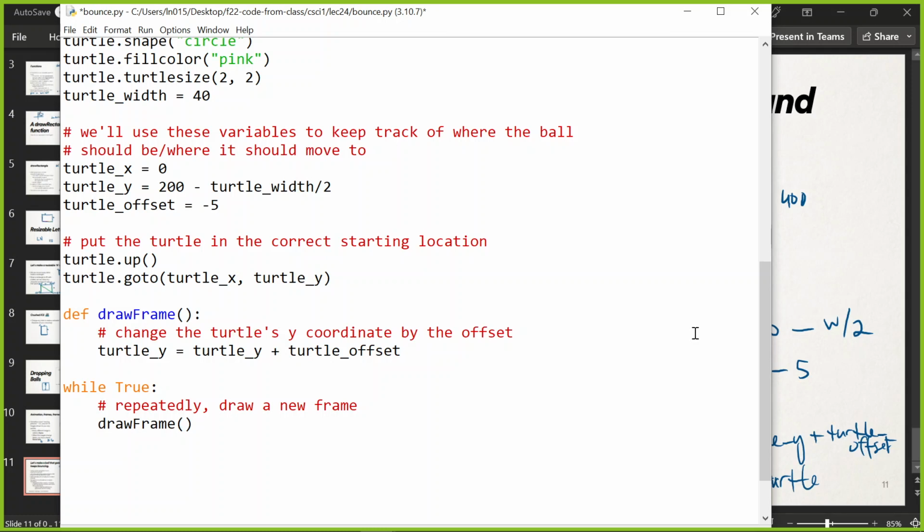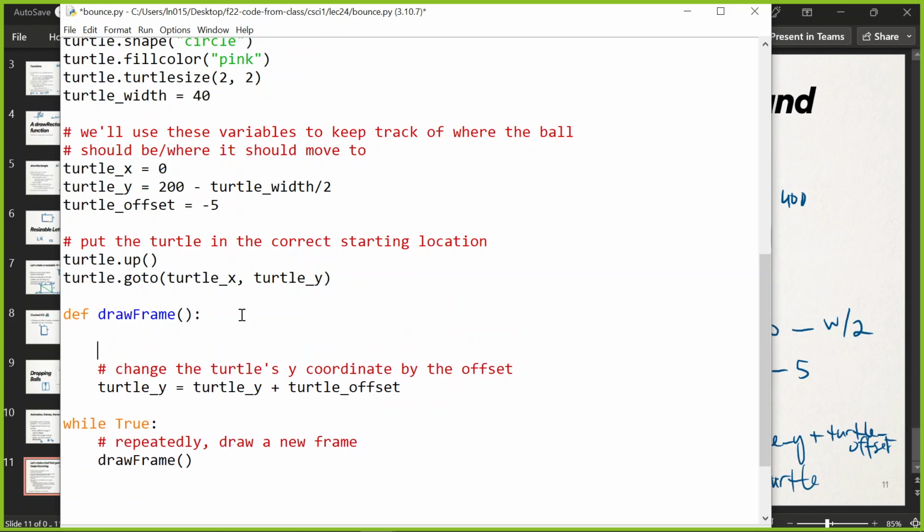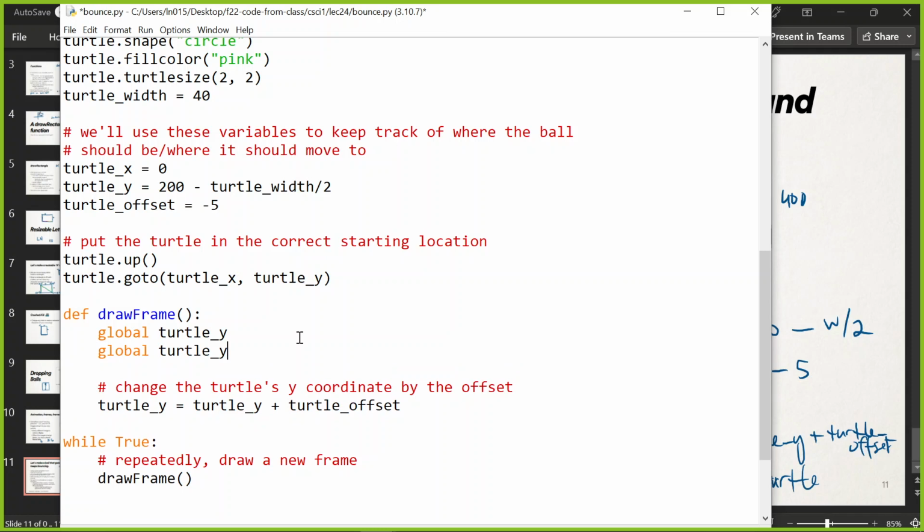And because I am changing the turtle's y-coordinate each time, I need to make it global. If this is inside of a function, Python's going to yell at me if I don't say global turtle y. I'd like to affect this global variable called turtle y. I'm also going to be eventually affecting the turtle offset. I don't need to do it right now, but I will need this later, so I'm just going to do it now. All right. So repeatedly, every frame, move the turtle by a little bit, change the turtle's y-coordinate, and